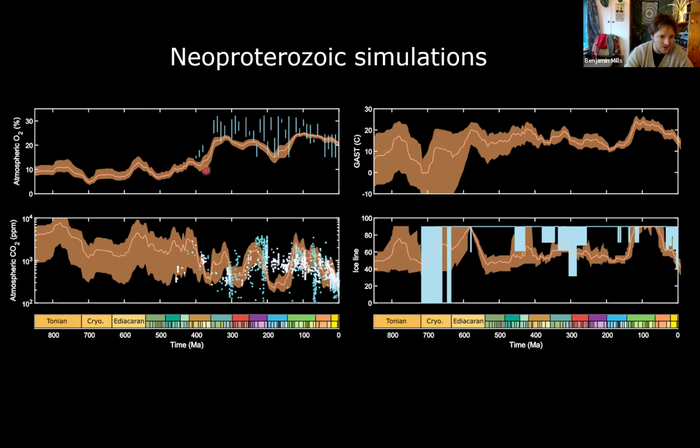So we have atmospheric oxygen fluctuating between about 5 and 12% of the atmosphere, so potentially around that kind of boundary where we might start to oxygenate or deoxygenate the deep ocean. Our CO2 and surface temperature is broadly high, but we do have this big decrease turning into the Cryogenian. This is because our current tectonic model has a big reduction in spreading rates over this time.